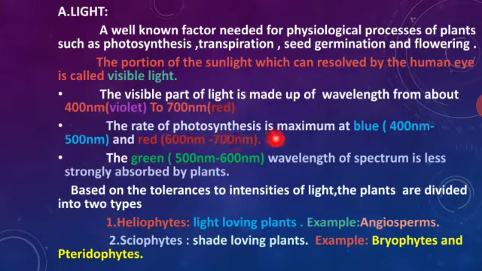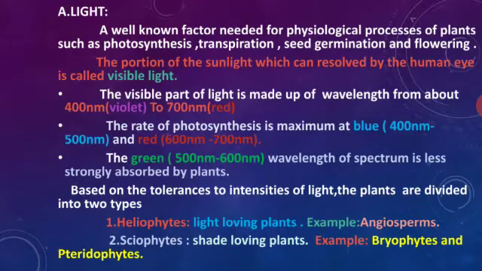The rate of photosynthesis is maximum in blue, that is 400 nanometer to 500 nanometer, and red light, that is 600 nanometer to 700 nanometer. So the rate of photosynthesis is maximum in the blue and red regions. The green region, 500 nanometer to 600 nanometer of the spectrum, is less strongly absorbed by the plants. Based on the tolerance of the intensity of light, the plants can be classified